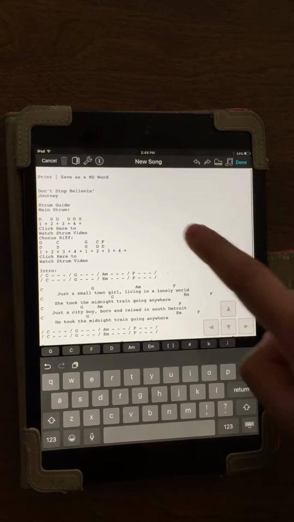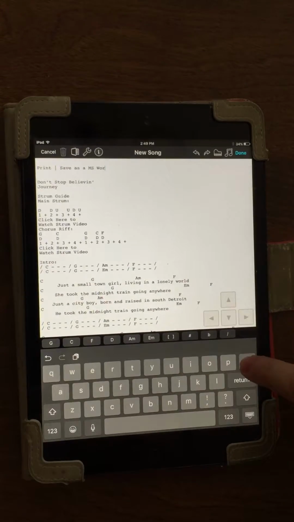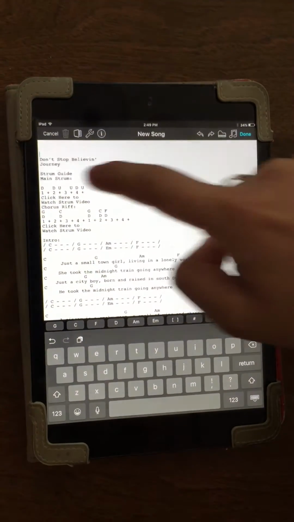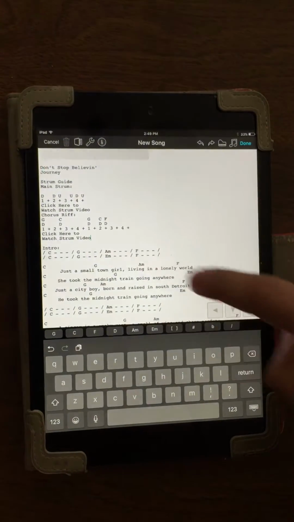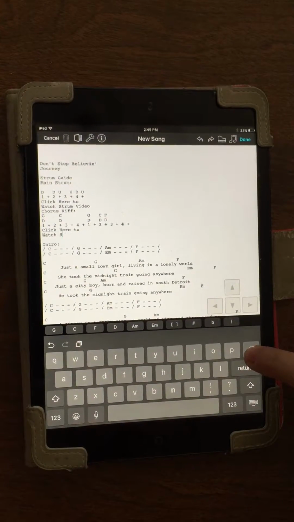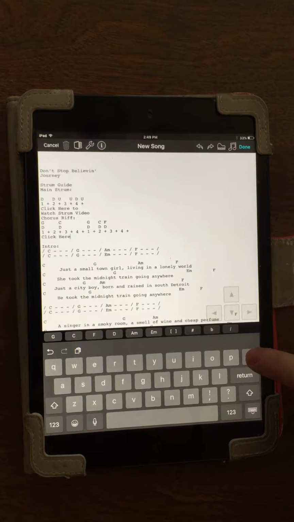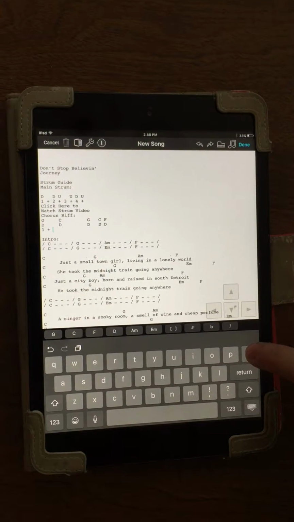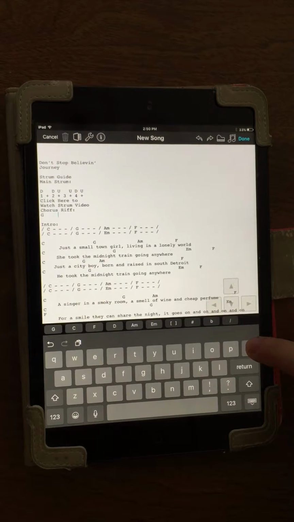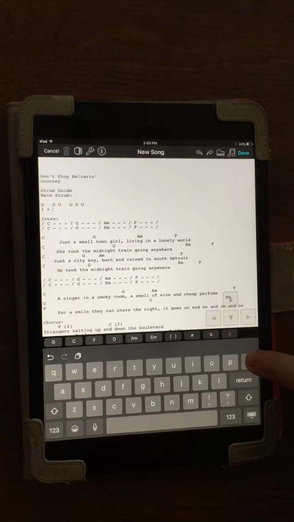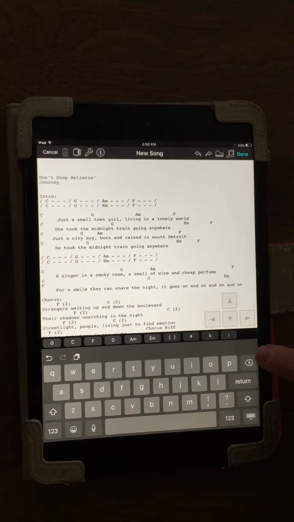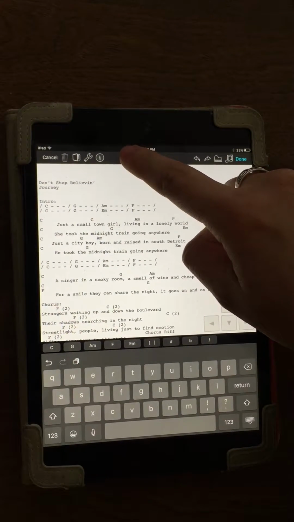So now you want to go up to, I'm just going to erase the extra words and things that are on here, so that we just have the chord chart. Now you're going to click on this circle with the I in it,